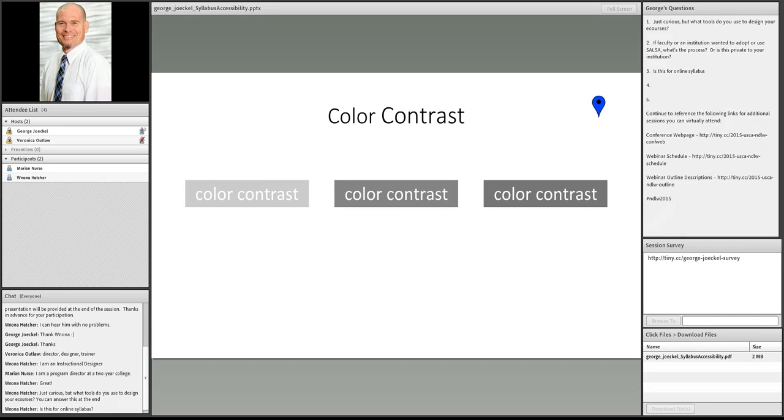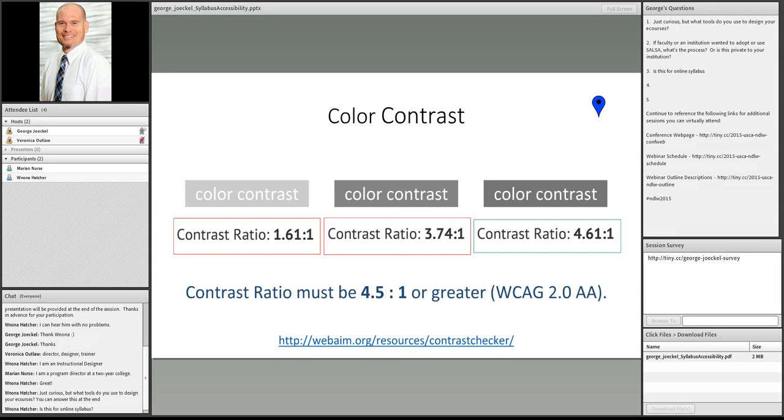In order for this text to be accessible, there needs to be a sufficient contrast between the text color and the background color, and it's not always obvious what that level is. This is going to affect a number of different people that have vision issues, from color blindness to low vision, and other things like that.